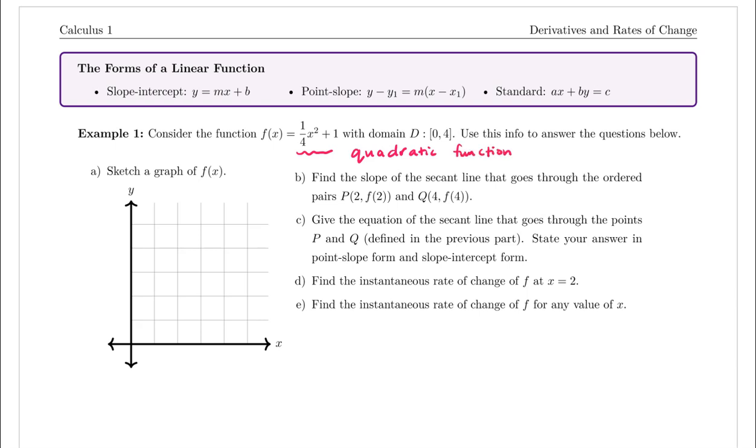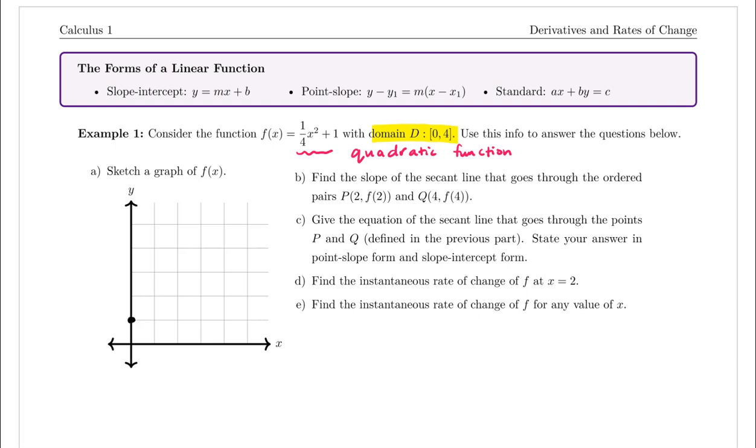A quadratic function is an example or a special case of a polynomial, and polynomials always have a domain of all real numbers unless we restrict the domain, which we are restricting in this instance to be 0 to 4. So part A says sketch a graph of this function. This is a quadratic function, so its graph will be a parabola, and its vertex is going to be at